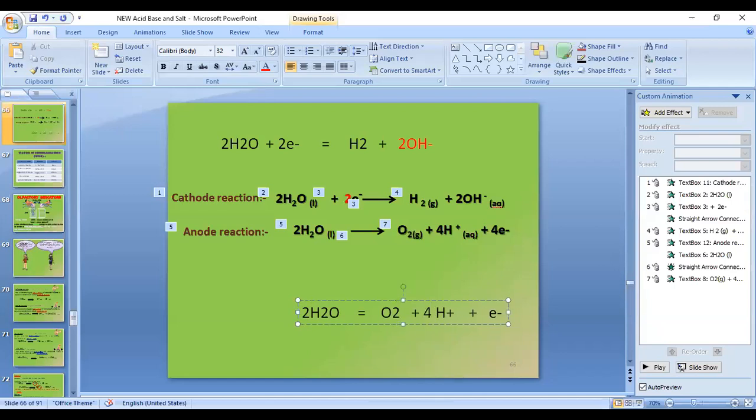समझ में आया? इधर तक सबको समझ में आ गया? Nice. Now, how many electrons are given out? That will depend upon the ions. इसमें से आयन कौन है? वाटर तो कंपाउंड है, ऑक्सीजन एक मॉलिक्यूल है, तो आयन कौन है? सिर्फ हाइड्रोजन ना. H प्लस लिखा है. H प्लस के सामने कौन सा नंबर दिया है हमने फाइनली? 4. सो इलेक्ट्रॉन्स के सामने भी कौन सा नंबर आ जाएगा? 4.